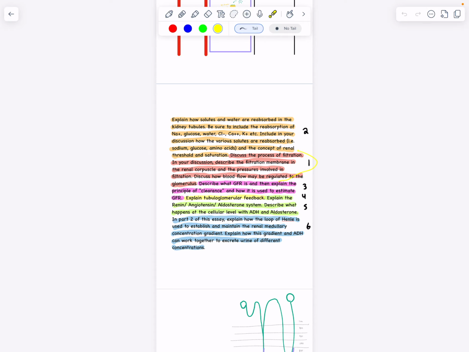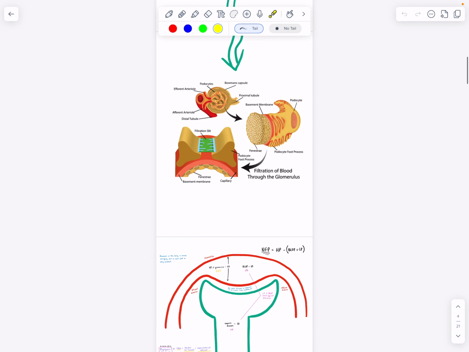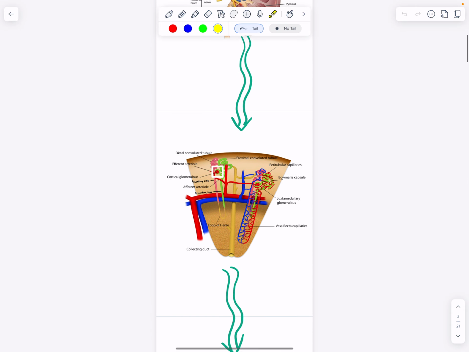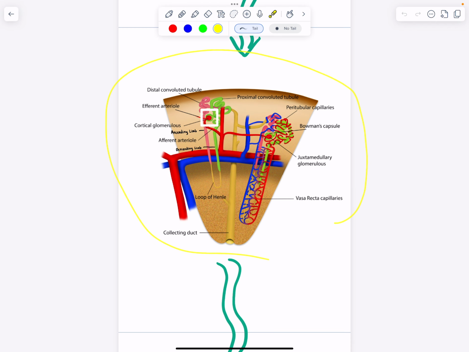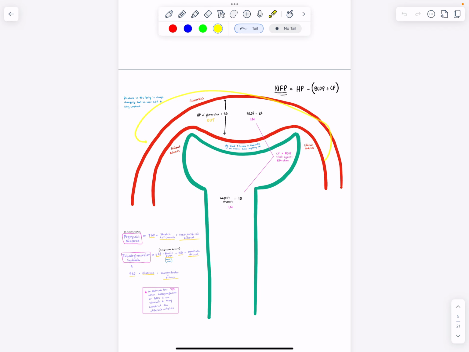Okay, so we're going to start with filtration here and how that works and the pressures associated with that. So basically here's a nephron of the kidney, and a nephron all starts here in this thing called the renal corpuscle. Basically what we have is a glomerulus, which is the capillary that leads into this area. I'll zoom in. So this is the glomerulus in red, and then in green is the tubule